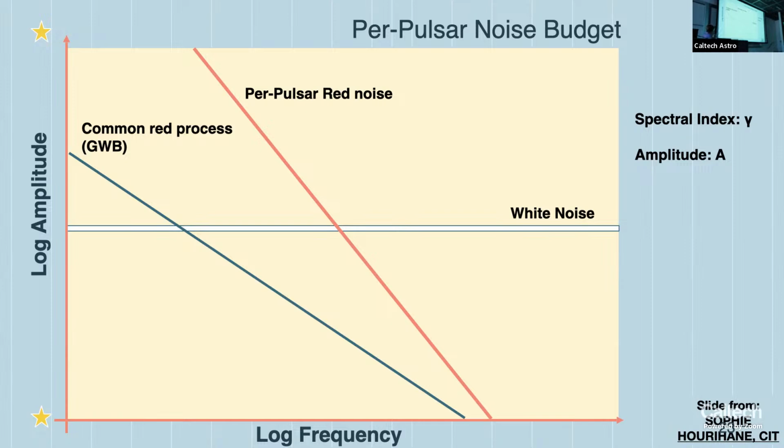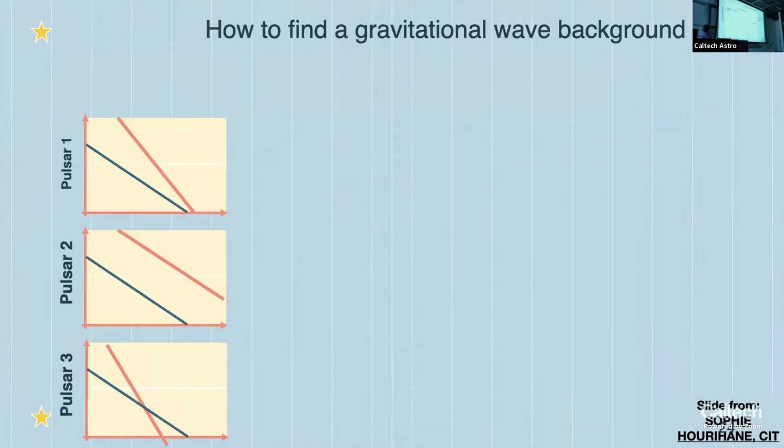So that detector characterization paper that I mentioned at the beginning goes into a lot of detail trying to tell whether or not this assumption of a power law for the per pulsar red noise is good. What we find is that it works well. We have no evidence that the red noise in individual pulsars is deviating from a power law.